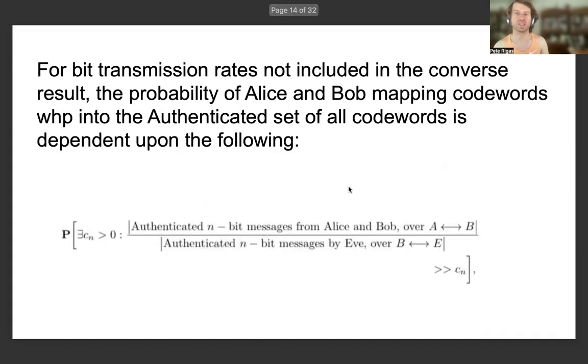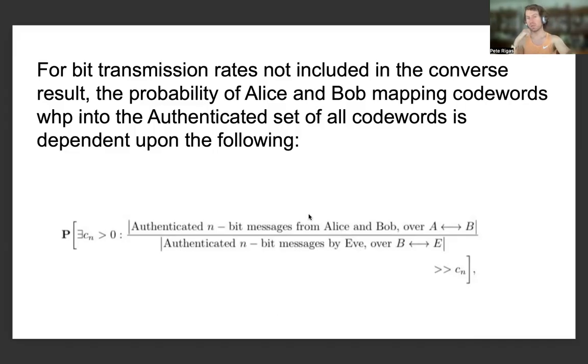And for bit transmission rates that are not included in the converse result, we had also been describing how the probability that Alice and Bob map code words with high probability into the authenticated set of all code words is dependent upon the following. So basically, in the previous result in Ostrev's framework, which was written before I was considering and thinking about the converse results and the strict upper bounds on the bit transmission rate, the soundness and the security estimates and also the guarantees with high probability of the decoding protocols that he introduces for Alice and